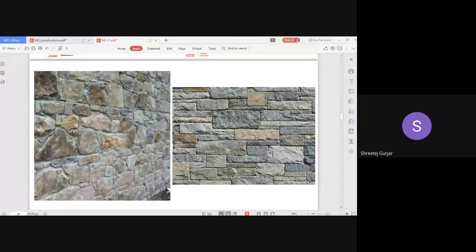So this is also coursed rubble masonry. You can identify layers, right? One layer is here, second layer is here. This is also coursed. You can see one layer is here, and you can identify one more layer. Can you identify? No, I think this is not coursed. This is uncoursed, or what you call random rubble masonry.